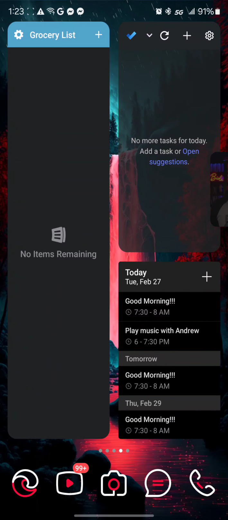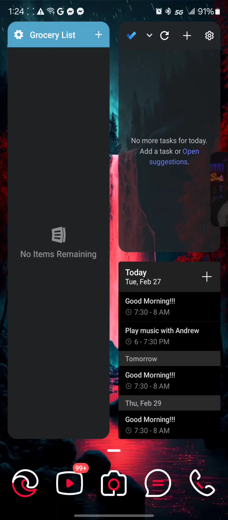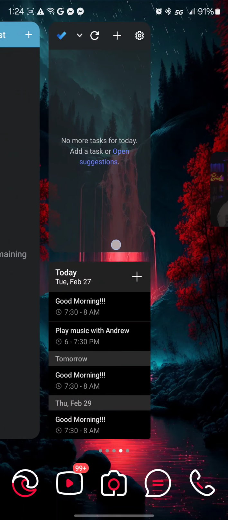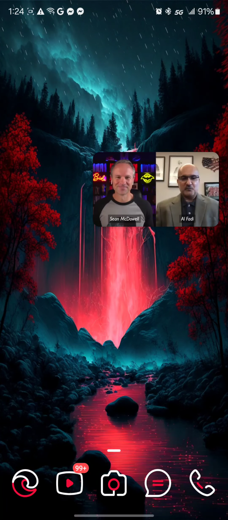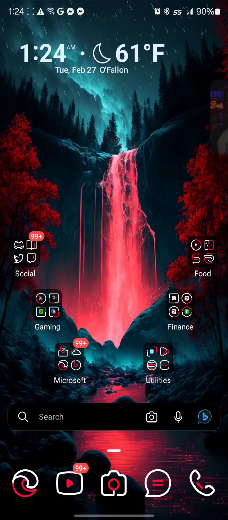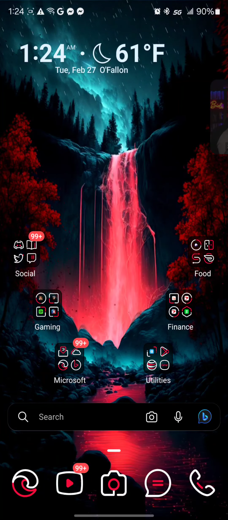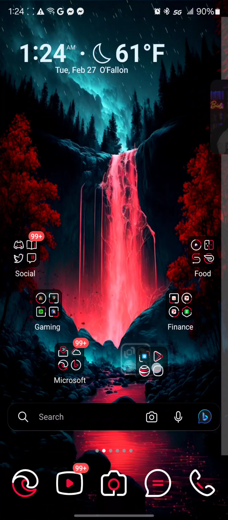Yeah. So then this is my list page. So I got my grocery list over here when it's active. Got my calendar. And this is a to-do list up in the upper right-hand corner. And this is just a blank page. I haven't figured out what I'm going to put there yet. Put this off to the side. That's just a video, so don't worry about that. But also, you can set this thing to be able to do in-between placement. So every half space